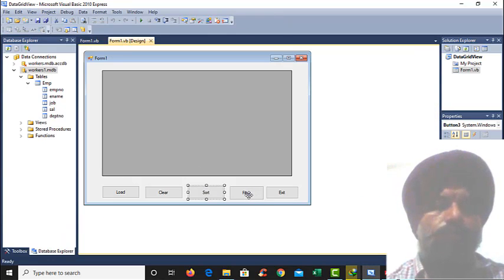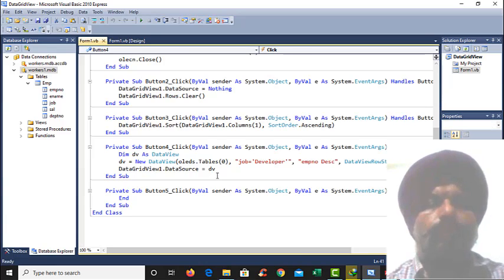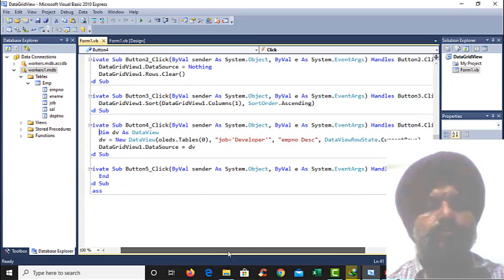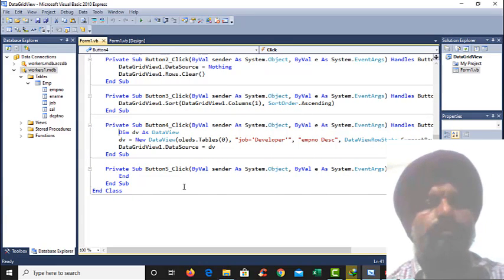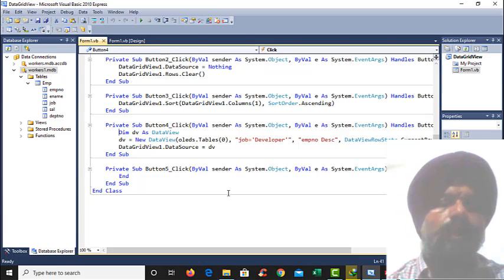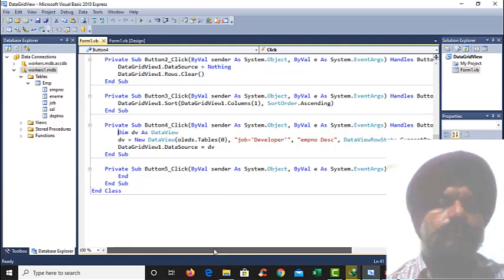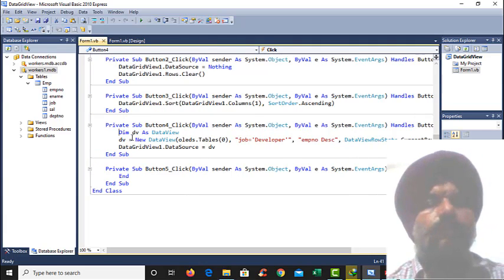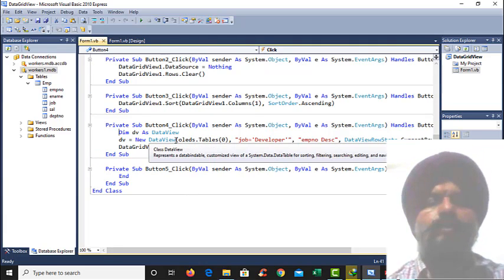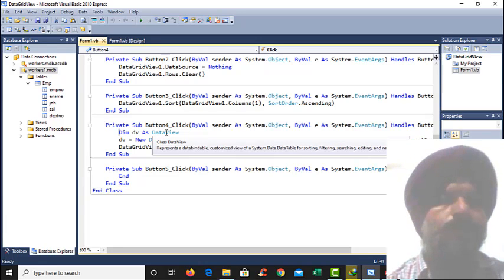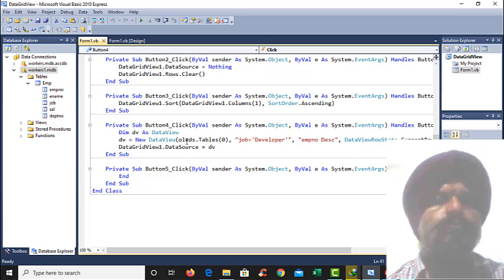Fourth one is filter. Filter means if we want to display specific rows having specific values, in that case we can filter the rows of the data grid, with one thing: we have to create the data view of the data set.